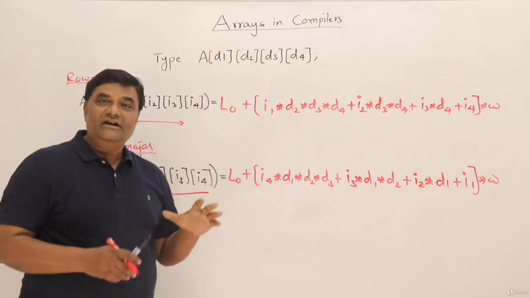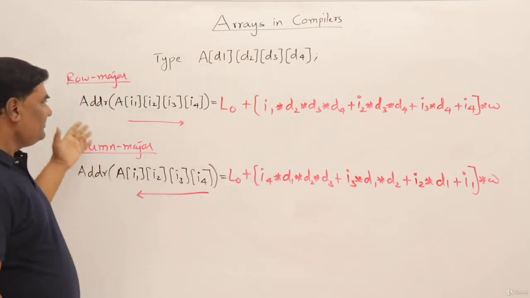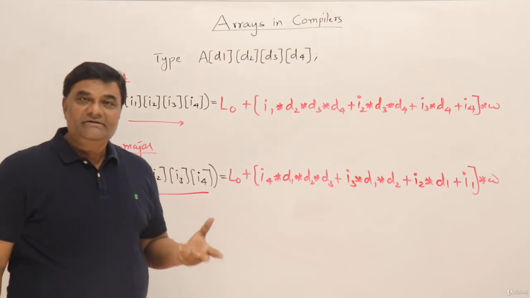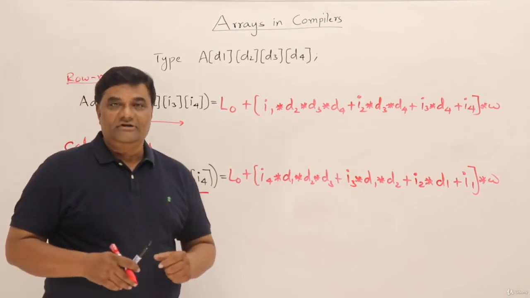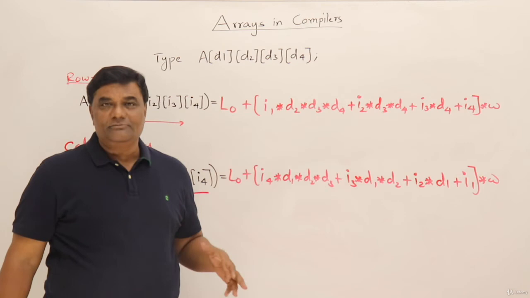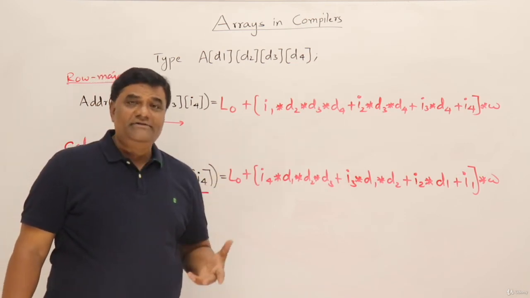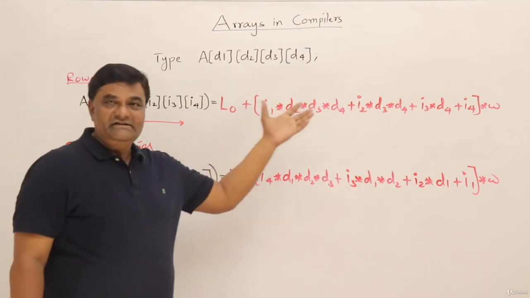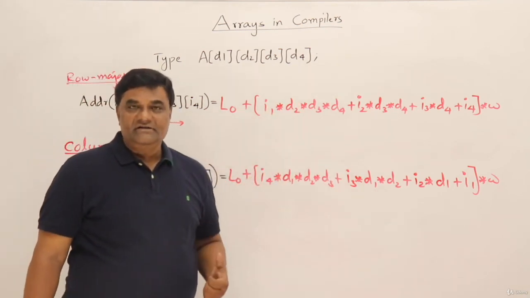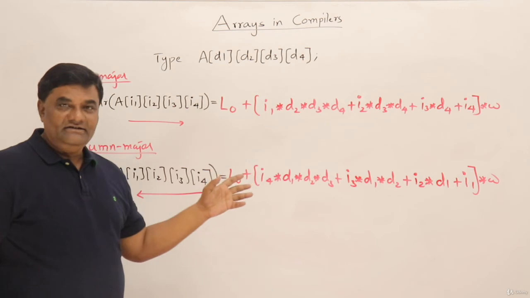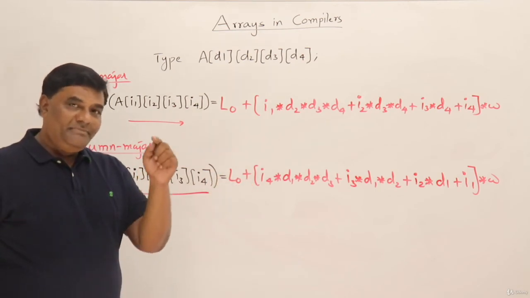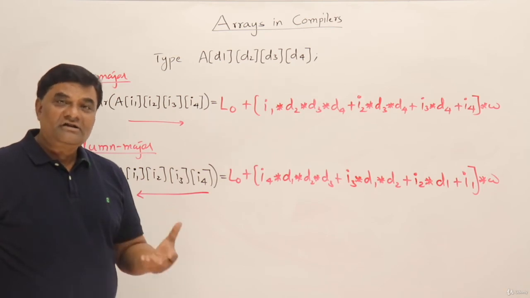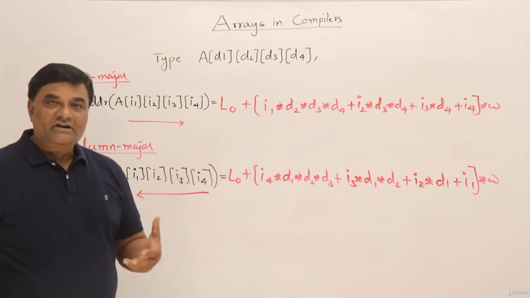Using 4 dimensions, I have shown you how to write the row measure formula and how to write the column measure formula. Now using the same approach, we can write the formula for any number of dimensions. Even 2D was following the same approach, but that is a very small problem. So we have seen it thoroughly with the diagrams and everything, but here I am showing you the formula directly. Now based on this formula, by observing it, we can prepare a general form of this one for n